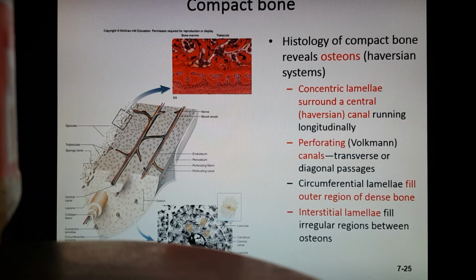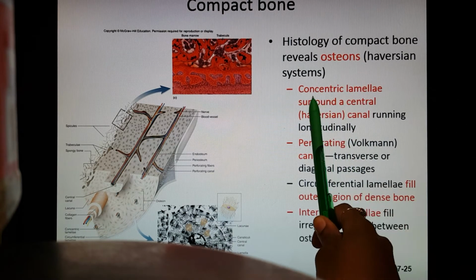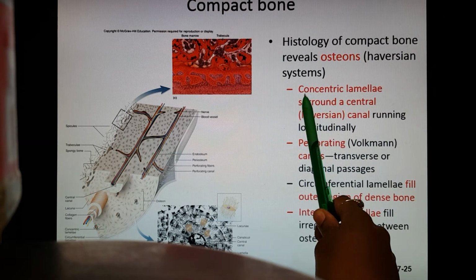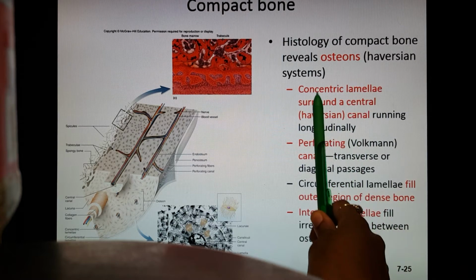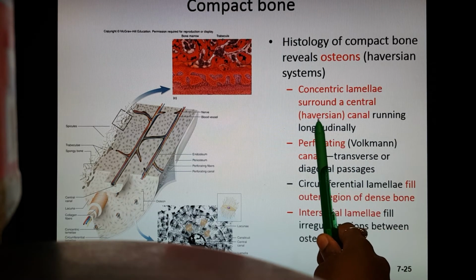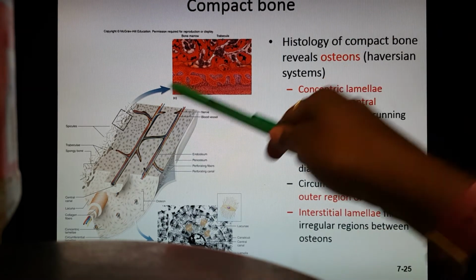Moving on to compact bone, so looking at it specifically. So if you open up your compact bone, it's structured in shapes called osteons, also called Haversian systems. These osteons are made up of concentric lamellae, so these are layers that surround the central canal, also called the Haversian canal. So here in our little picture,